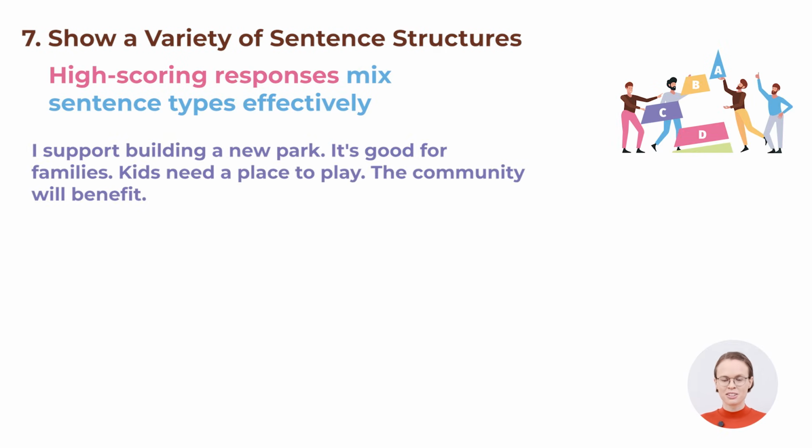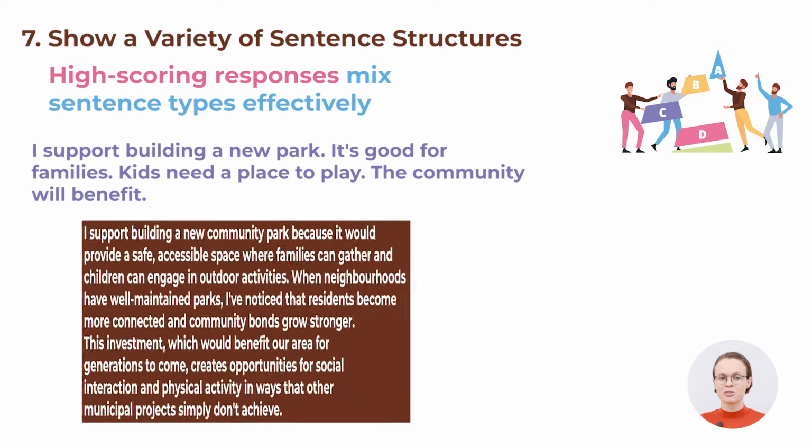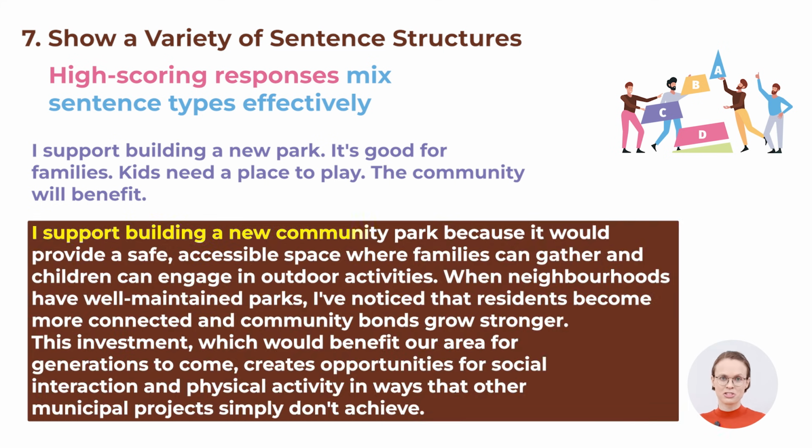I support building a new park. It's good for families. Kids need a place to play. The community will benefit. Now, check out this version. I support building a new community park because it would provide a safe, accessible space where families can gather and